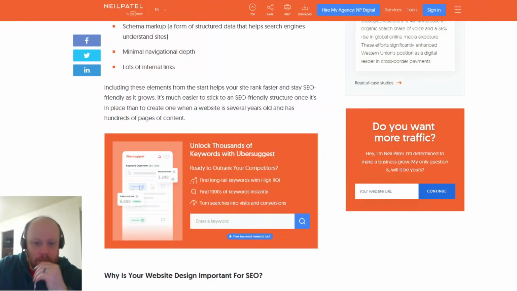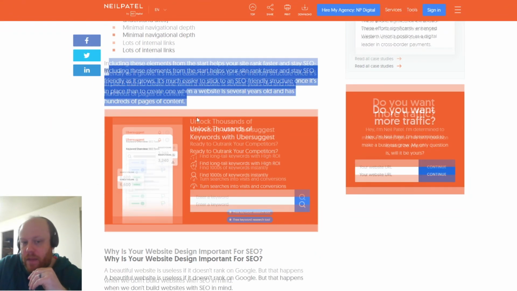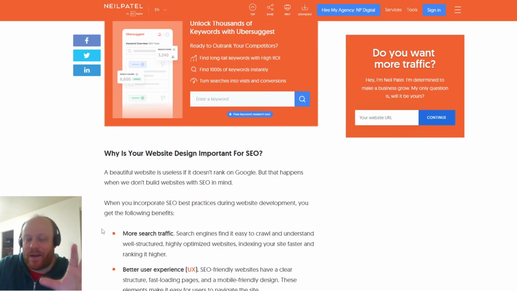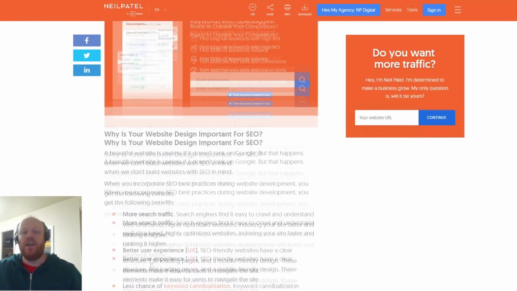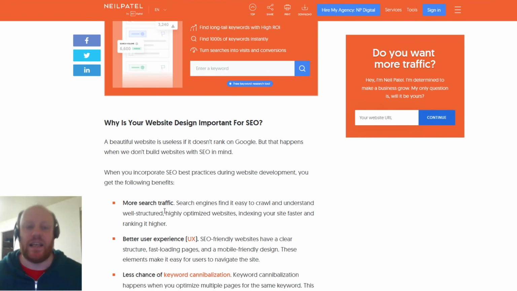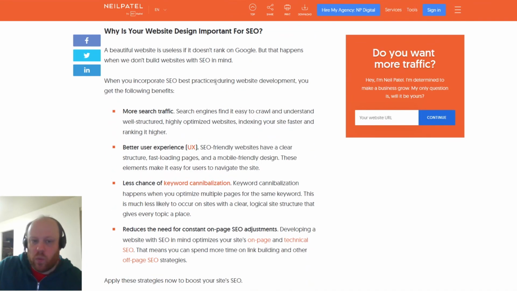Okay, so got a little bit more information. What have we got here? Keyword research tool. Very, very useful. You'll probably notice that you've got all of these share buttons to the side as well. That's another good thing. People can share his content. He makes it so that it's easy for you to get your stuff out there. So it goes into why is your website